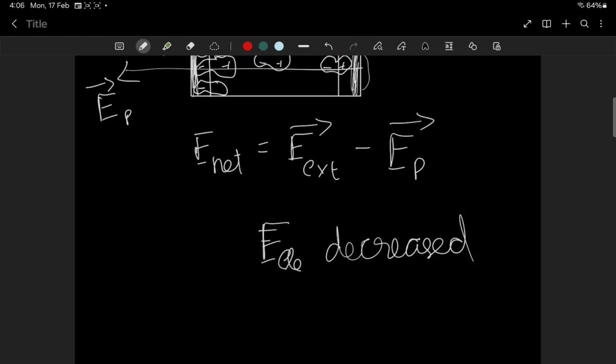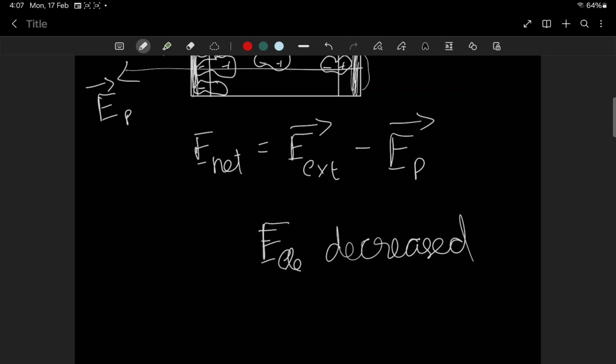Now, I'm going to tell you something. Look, if I'm taking two charges, and between those charges I'm going to keep one dielectric slab. You know that there is one positive charge and one negative charge, so for sure an electric field is there. And I'm keeping a dielectric slab in between them. So the force between them changes because the electric field is decreasing here. When a dielectric slab is kept instead of vacuum in an electric field, what happened? The external electric field decreases.